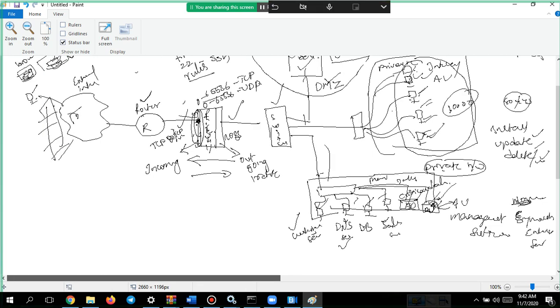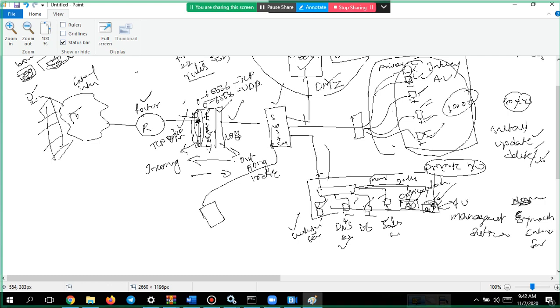Now what we are doing is collecting this, and as I said, here you have one more thing, like an IPS. From here itself, all the logs that are coming in and going out are passing through the switch, right? Here you have created one SPAN port. What the SPAN port does is it takes a copy of each and every packet of traffic that is going through these ports.